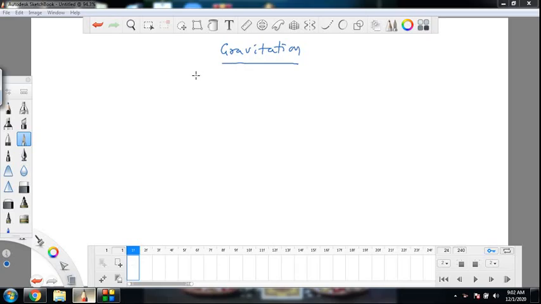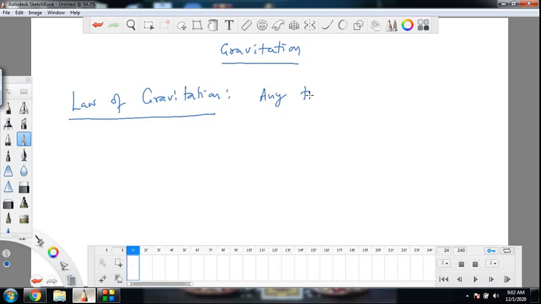So let us get straight to the idea. As per Newton's law of gravitation, let me state it. Law of gravitation. And we will understand the law for point masses. What happens if the mass is not point sized? If it is having some size and so on, that we will see later. So any two point masses m1 and m2 separated by distance d